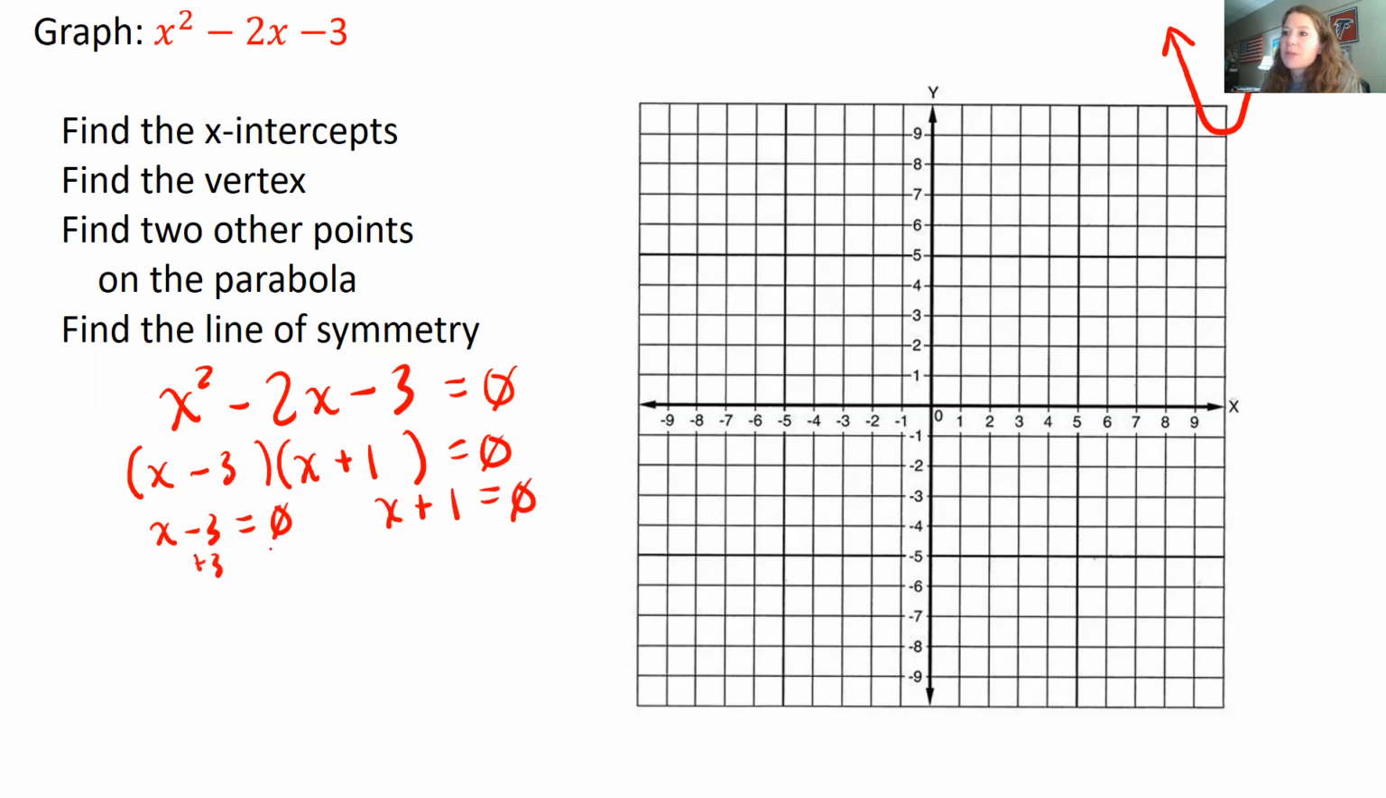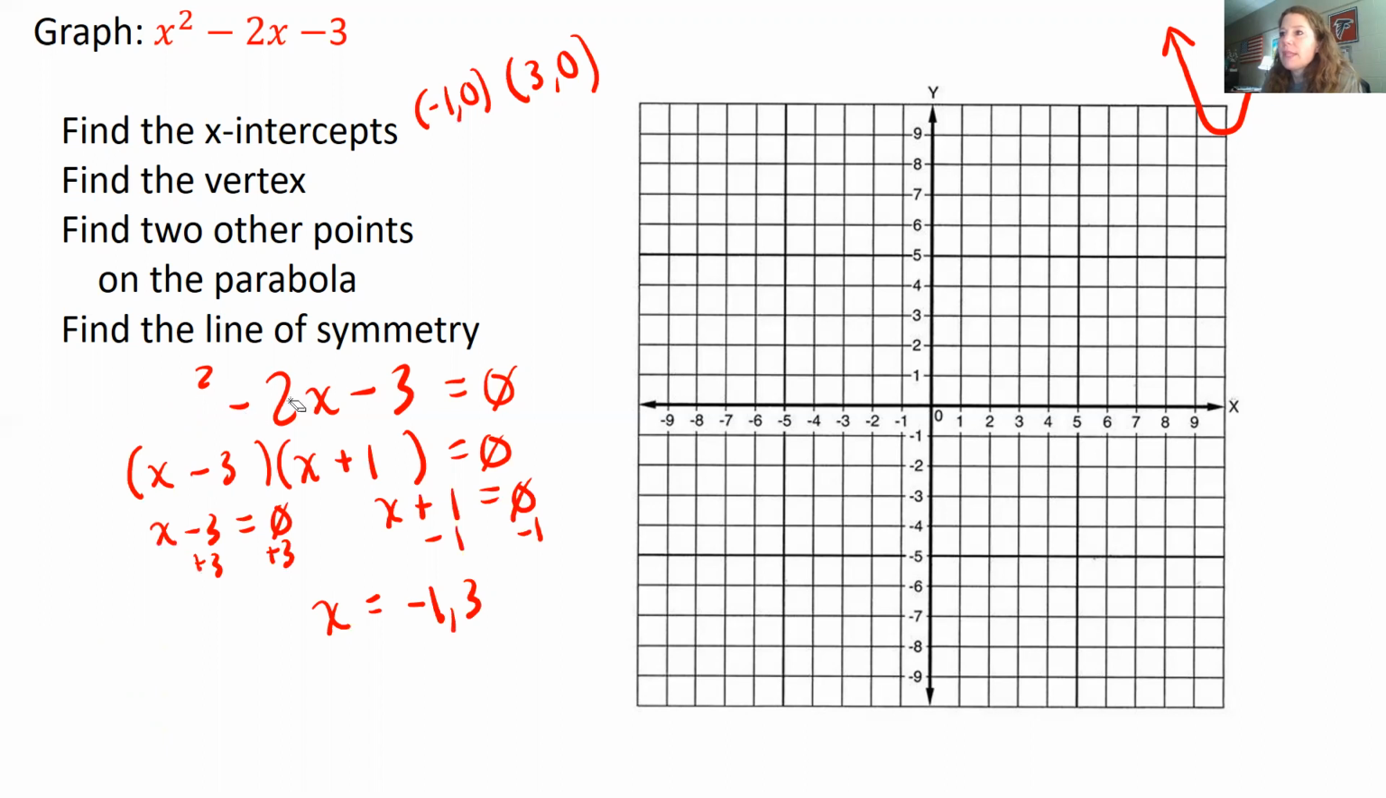And to solve for x, we're going to add 3 and subtract 1, which means our x-intercepts are both -1 and +3. So our x-intercepts are (-1, 0) and (3, 0). Okay,